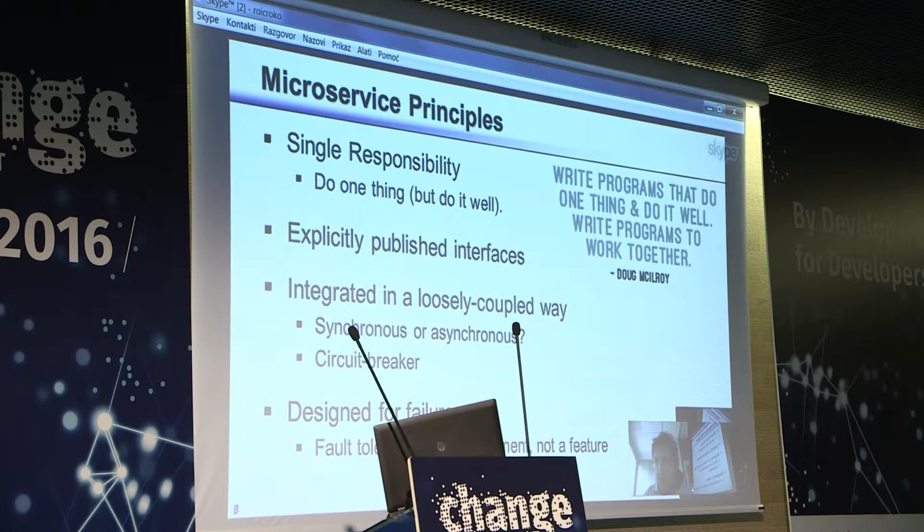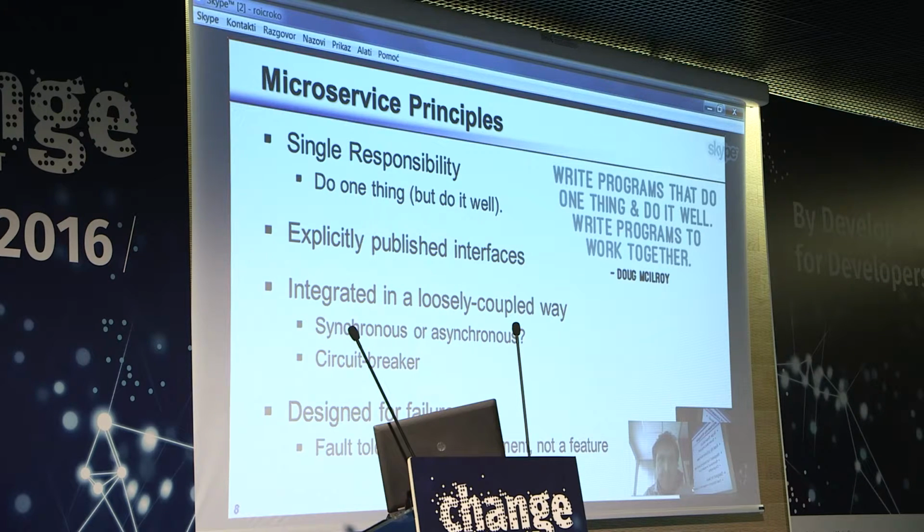However, if we do the microservice approach, we should also be aware that there are several principles which we should follow. Each microservice should follow the single responsibility principle. So microservices should be small pieces of software doing one thing, but it is very important that they do this thing very well.